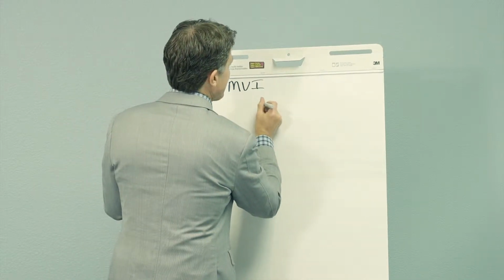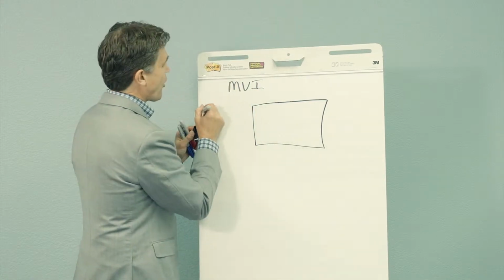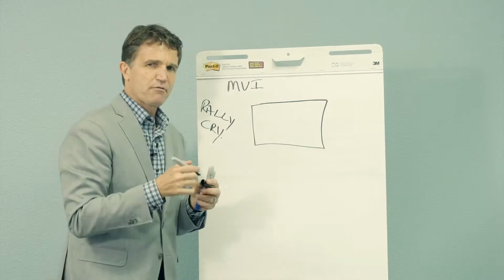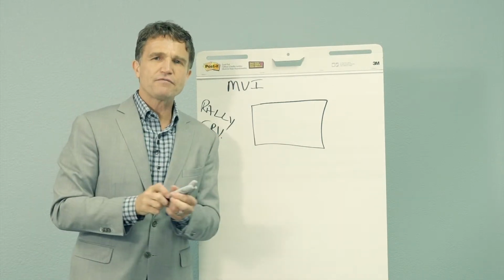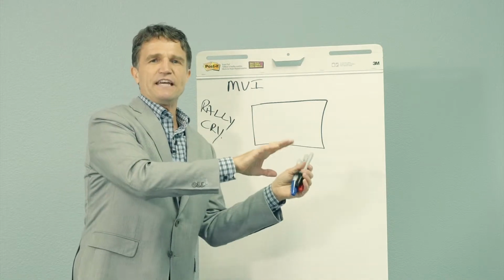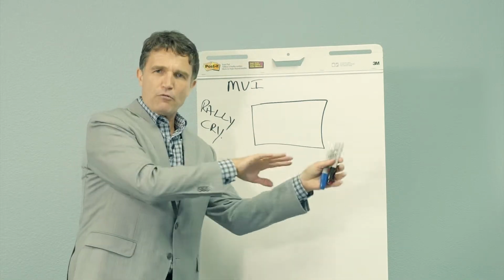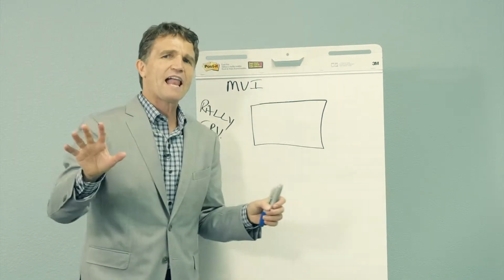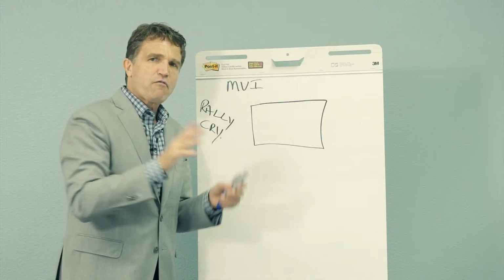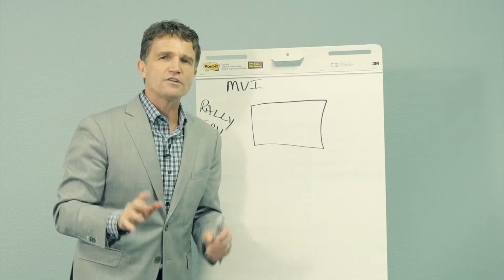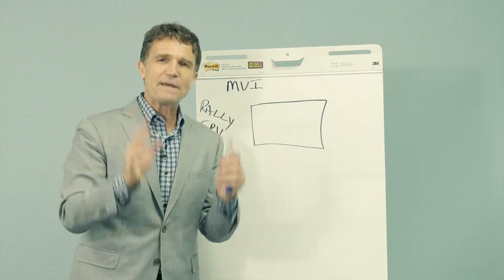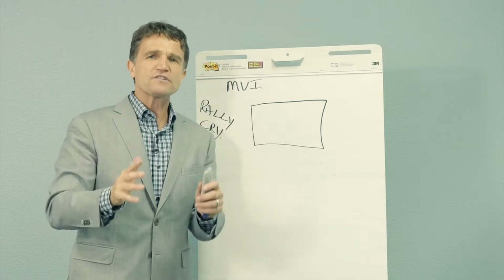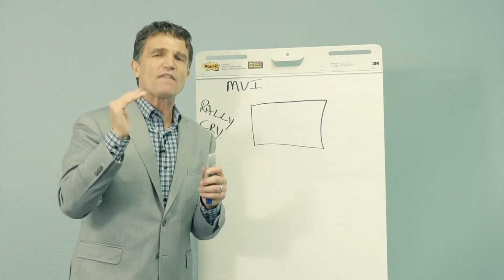At the top of an effective action plan is what I call the rally cry. Let me give you an example from history. If any of you are history buffs, you know in World War II, the Allies invaded Germany from both the west, through Normandy and France, and the east. The Russians came in from the east. Now the Allies had a rally cry for their invasion. And you know what the rally cry was? Beat Germany. It was a very clear rally cry. They knew exactly what it was that they were focused on in order to do what they needed to do.